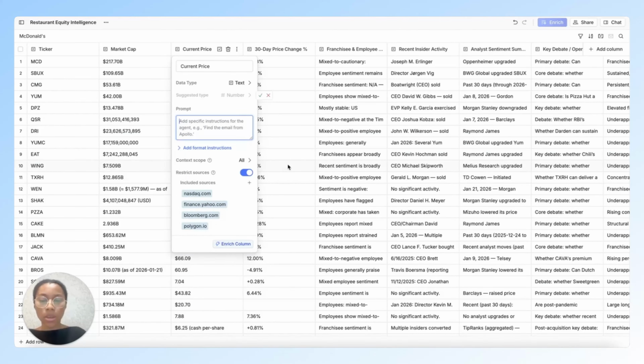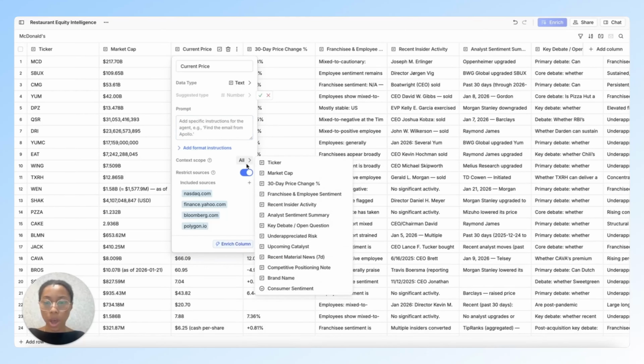I'll delete the current data that we have in the column, and I'll enrich based off of the new scope that we have added to this column. As this is enriching, what we can also do is evaluate whether or not your prompt was effective, and why or why not, by simply clicking into each of the cells that have been enriched. So in the case of our brand name prompt, where the only thing we added was the brand name title,